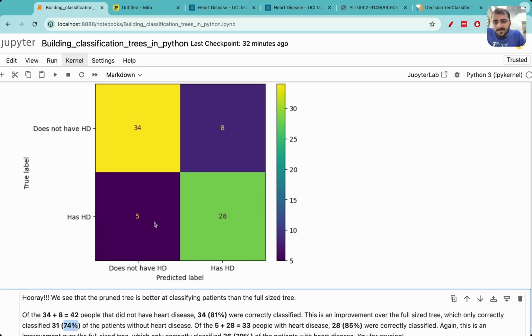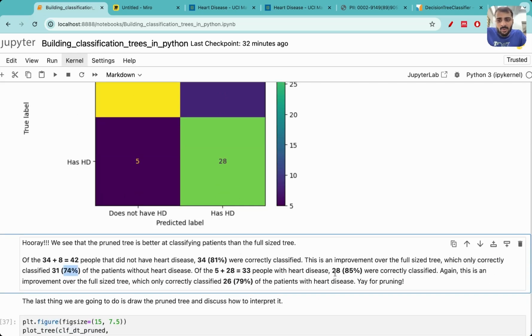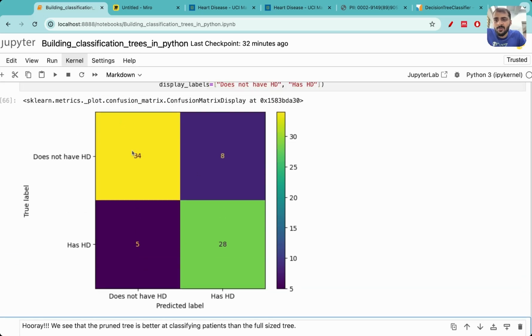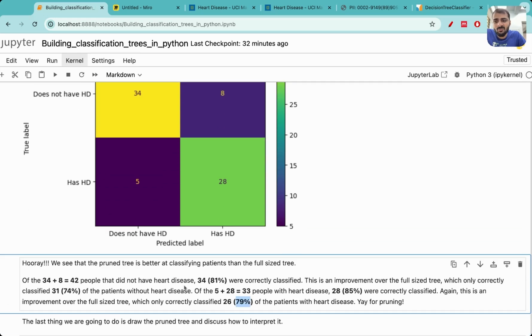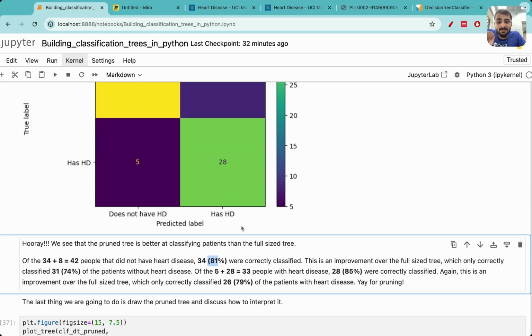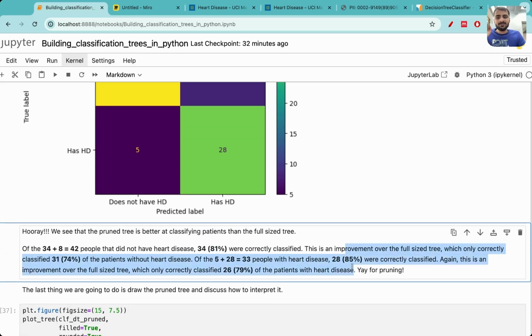Look at the bottom row. In the bottom row, there are 33 people who have heart disease, and we are correctly classifying 28 of them. So in the bottom row, we have 85% which are correctly classified. In the previous full size tree, we are only correctly classifying 79%. So we have a 6% improvement in the bottom row. In the top row, which is for people who do not have heart disease, we have an improvement of 7%. And in the bottom row, which is for people who have heart disease, we have an improvement of 6%,